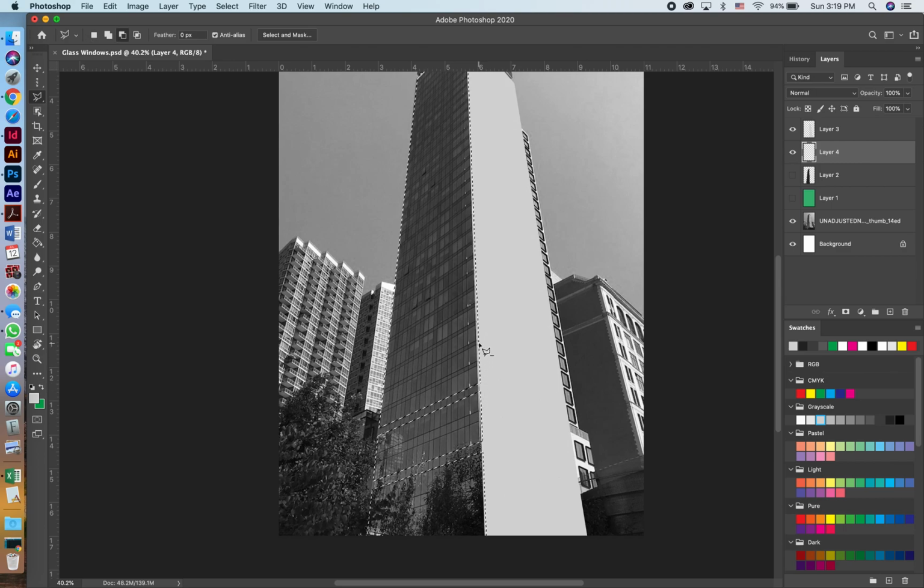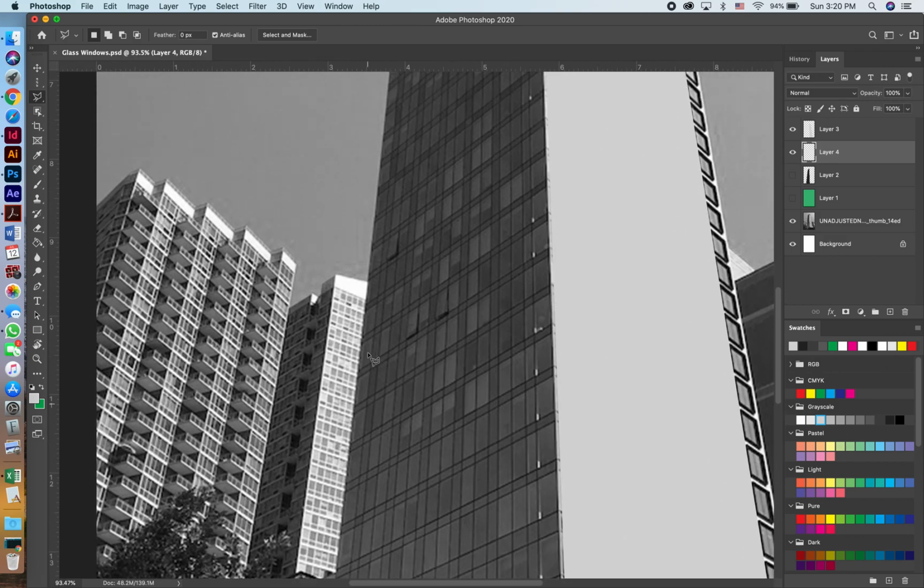It's not so important that it be exactly the same as the actual building. The more accurate it is, probably the better it will look. But I think that doing each one of these lines will get really tedious. And I don't think it's so necessary. What is necessary is making sure that the lines you trace line up to the building. So I'm going to zoom in,